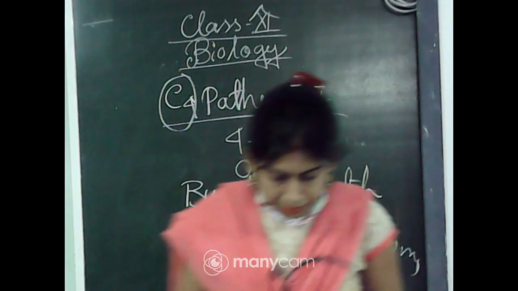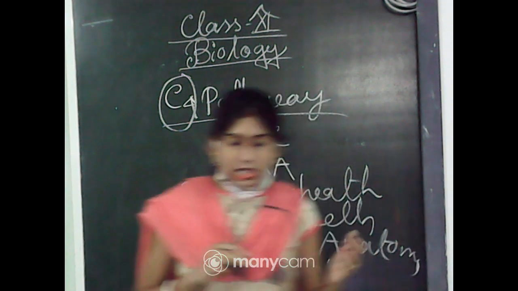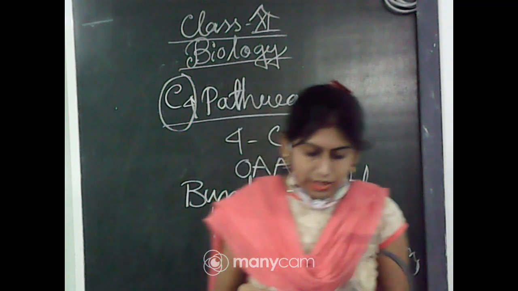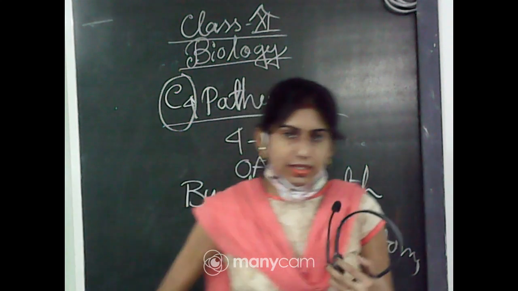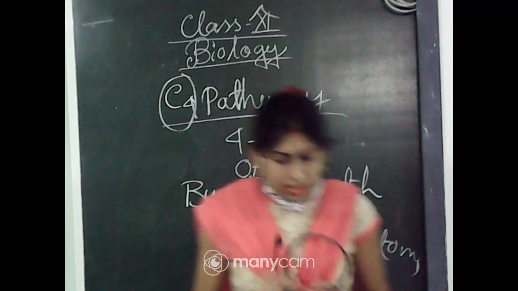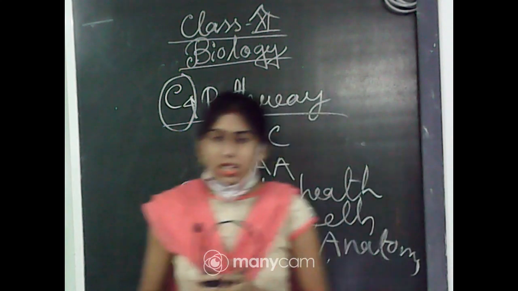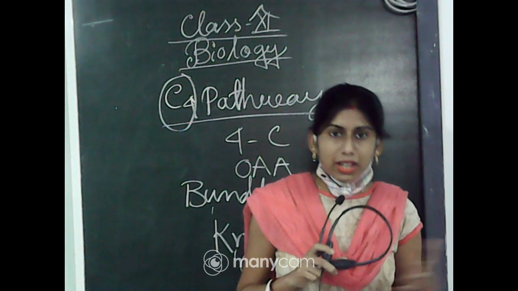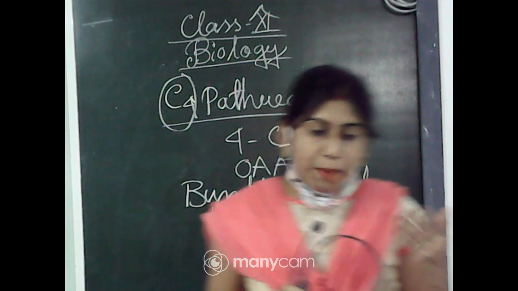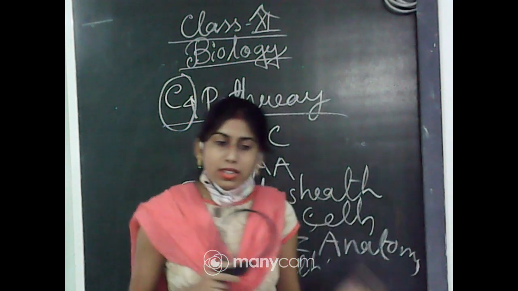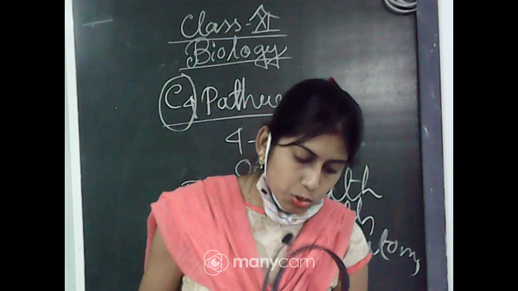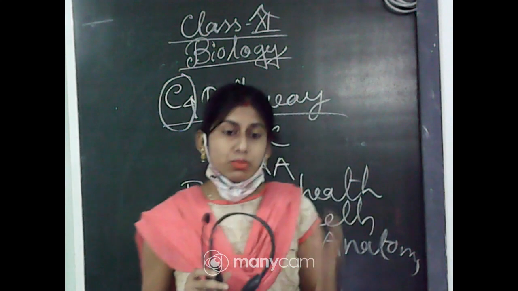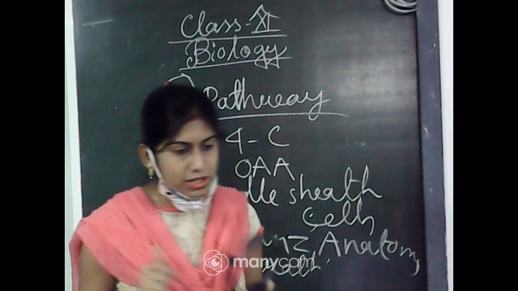Okay, so now if you cut the leaves of C4 plants like sorghum and maize, you will find this type of Kranz anatomy and this type of distribution of the mesophyll cells. So these are the differences related to leaf anatomy. Now you have to know the pathway of the C4 cycle. For that, I suggest everyone open your book to page number 1219, and there you will find the full pathway. It will be better if you check it from the book.